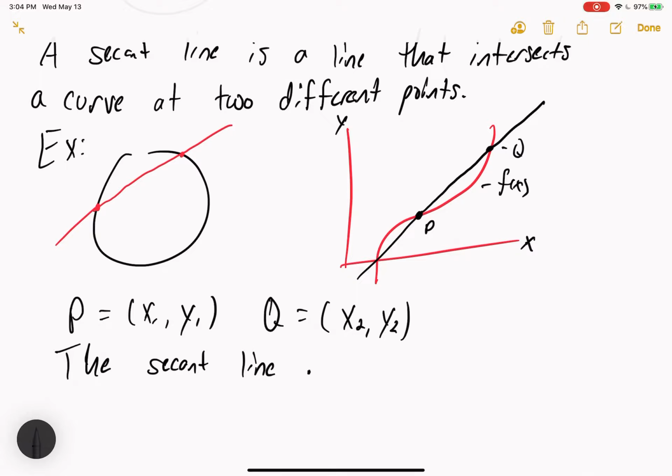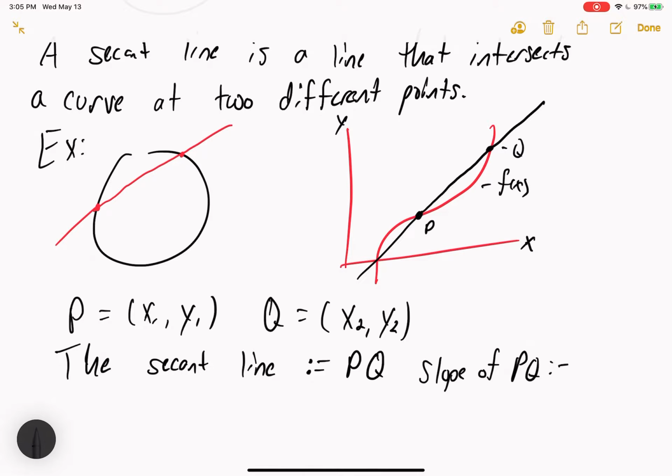I'm going to use this notation right here, a colon with an equal sign, which usually means denote. It's a way to say a definition. So we say that's equal to PQ, and that's just a way to write the line. In geometry you might see the notation with the bar to indicate the line. In this case, I'm just going to write PQ because I don't want to write that bar. And we say the slope of PQ,